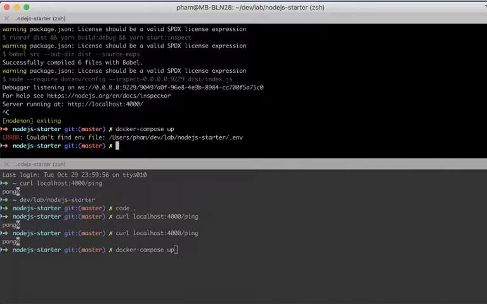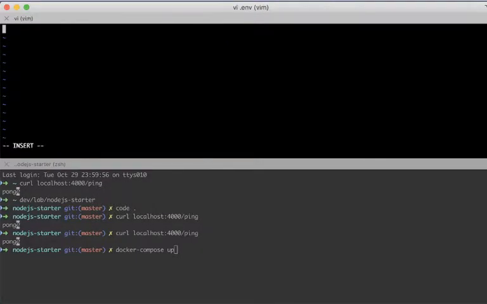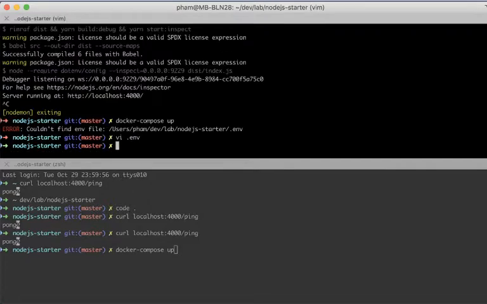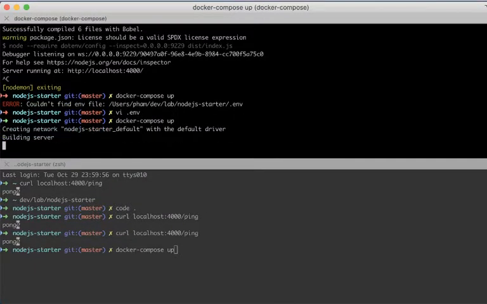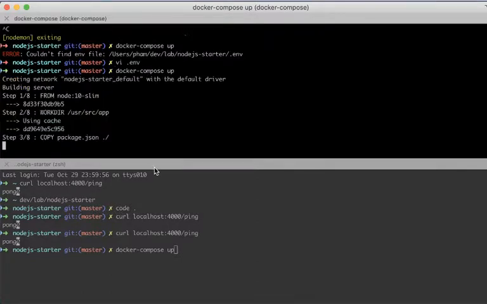Okay, it says that we do not have an .env yet, so I'm just going to save it with an empty file now, and we try to run it again. So while it is building,